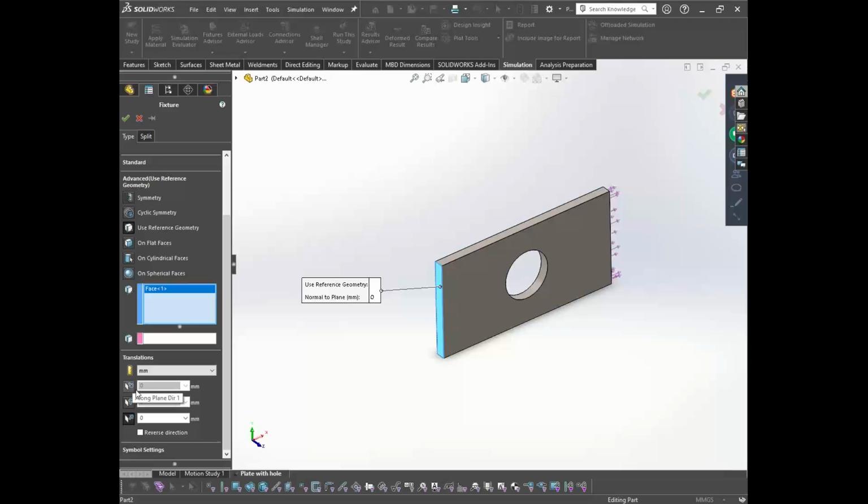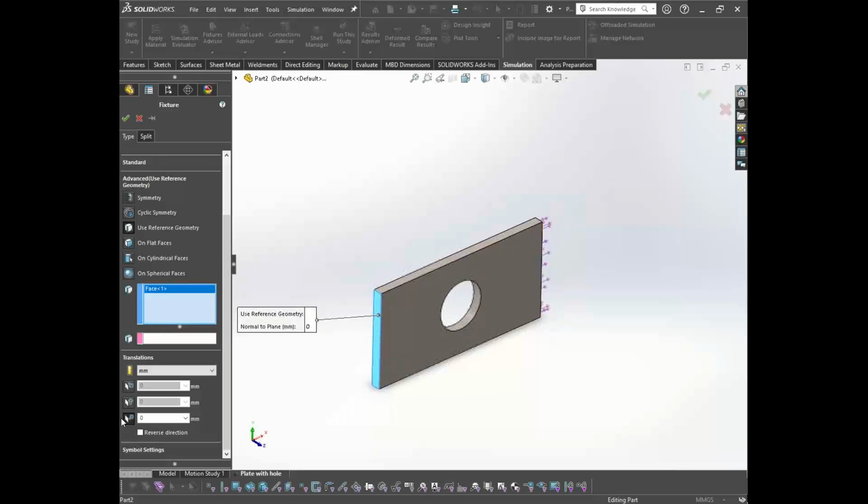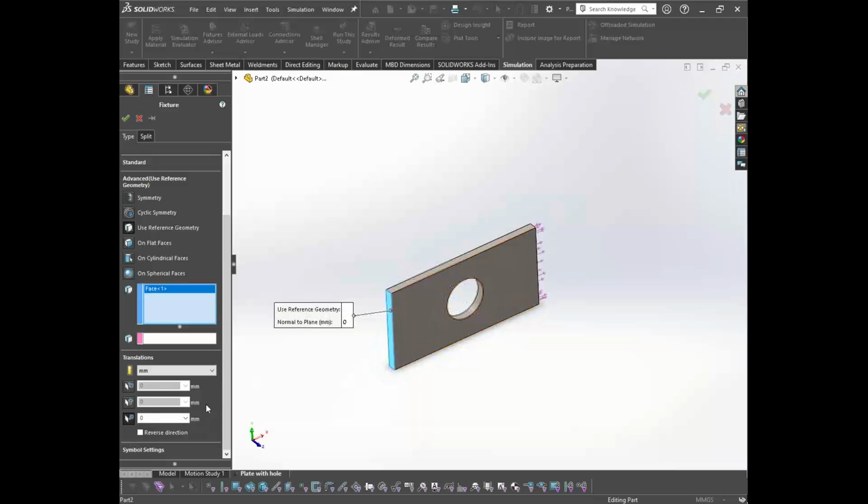The first is along plane direction one. That means if I consider this plane, it will restrict the motion in Z. If I consider along plane direction 2, it will restrict the motion in Y. And if I allow it to move normal to the plane, from here I can decide how much distance it can translate in the X direction. So if I enter here, say 5 mm, after the application of load,